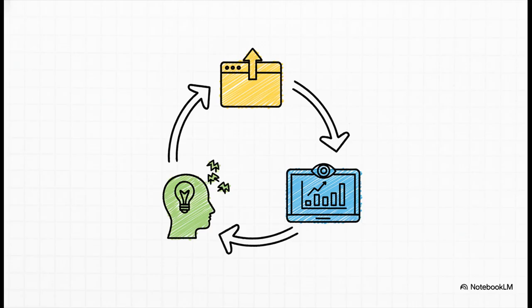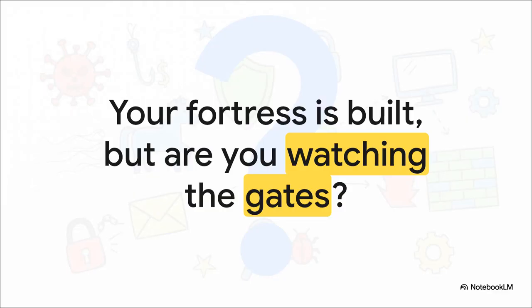So if you only take one single thing away from all of this, please let it be this. Effective protection is not a set it and forget it kind of deal. It just isn't. It is a continuous process. You have to keep your software updated, you have to keep an eye on your systems, and you have to stay aware of what the new threats are. It's a cycle.